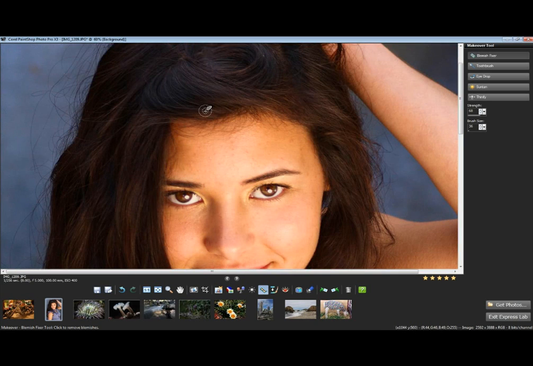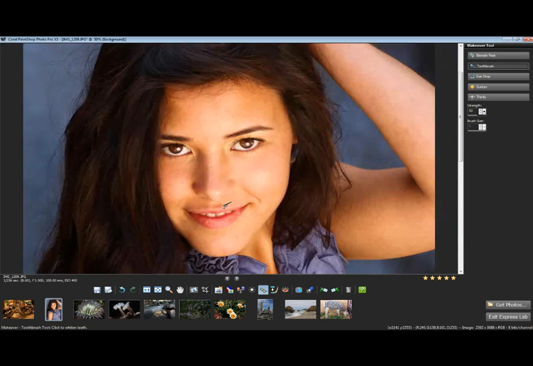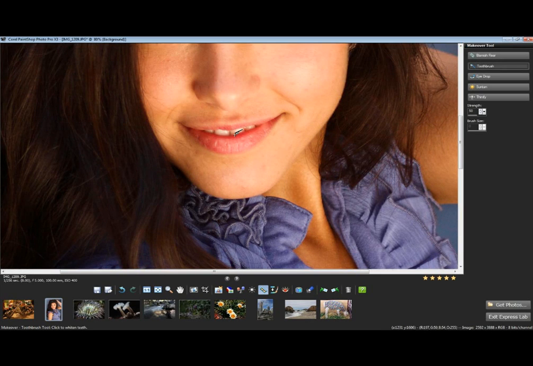So let's show two other tools in this area, and one would be the toothbrush. So I'm going to zoom in a little bit on the teeth here, and I'm just going to click in on